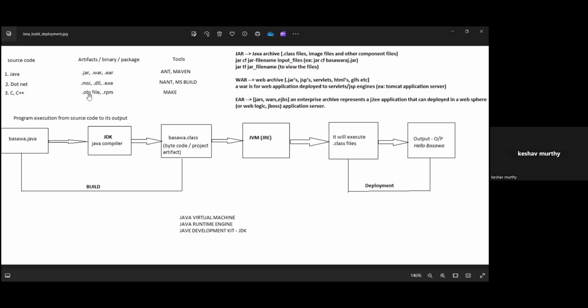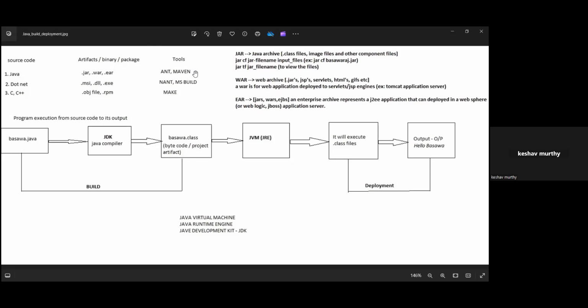They will ask in an interview, do you know programming or development? No, I'm not a programmer. But I know what the build process is, because development is half of the work done. The next is the build process. We have to convert and send it to the customer. I am not going to send the source code to the customer, so I have to convert this to binary. For Java, these are the binaries, JAR, WAR. Then the tools are Ant and Maven.